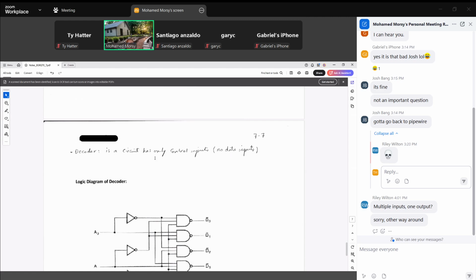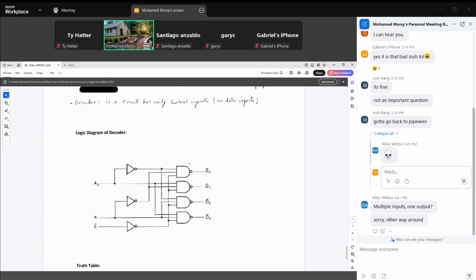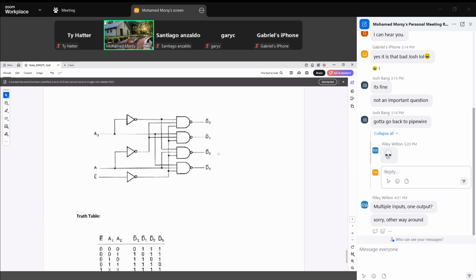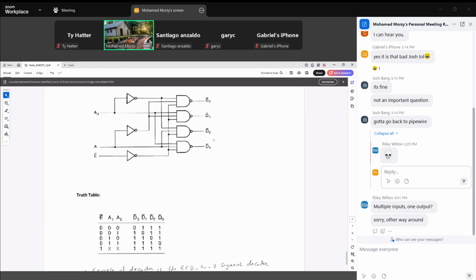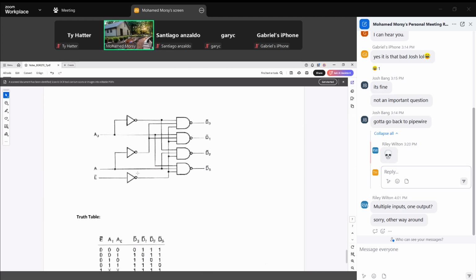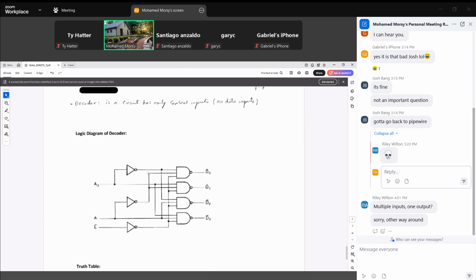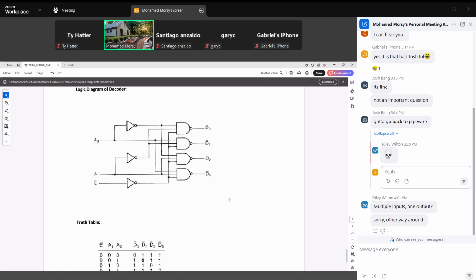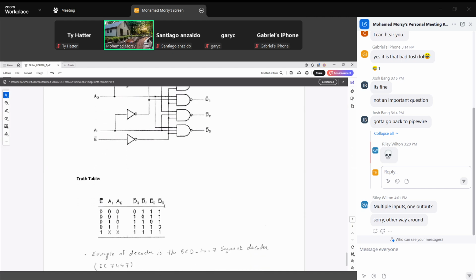Decoder is a circuit that has only control input, no data input. So the inputs are only control inputs. There are no data inputs here. So this is simply the logic diagram for the decoder. If we look at the truth table here,